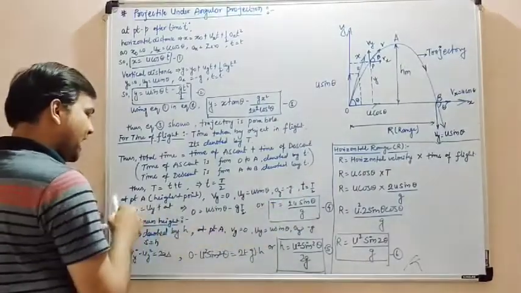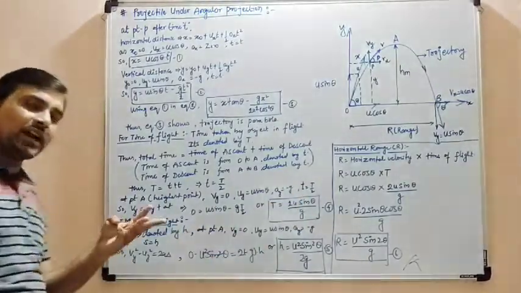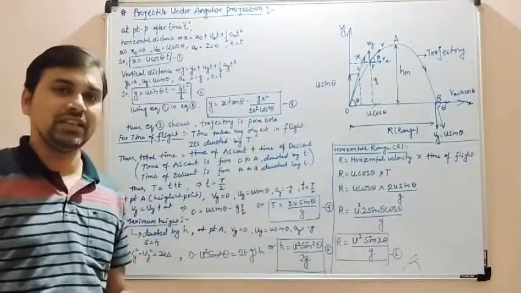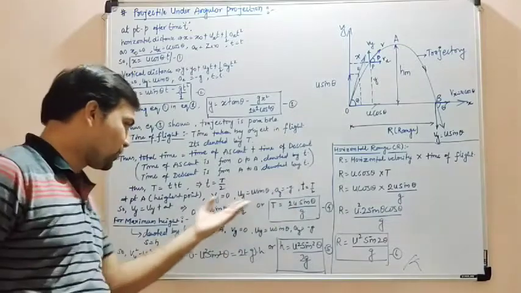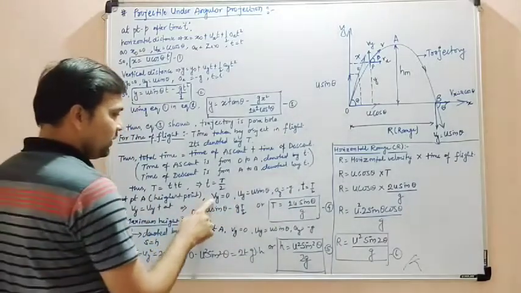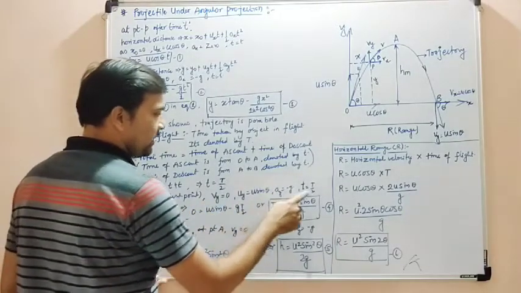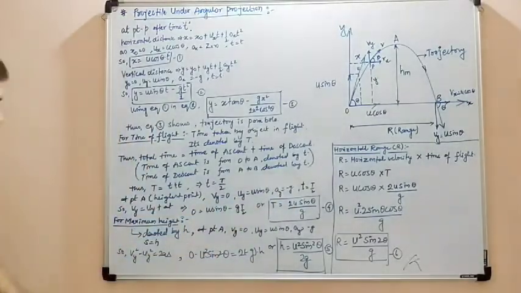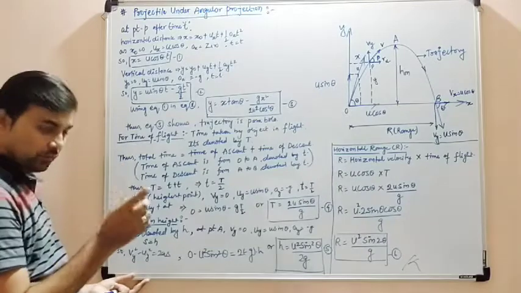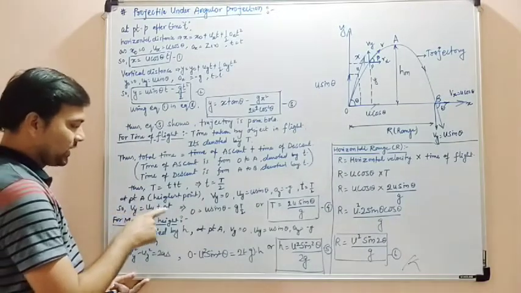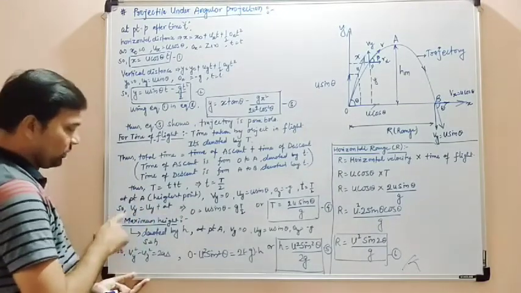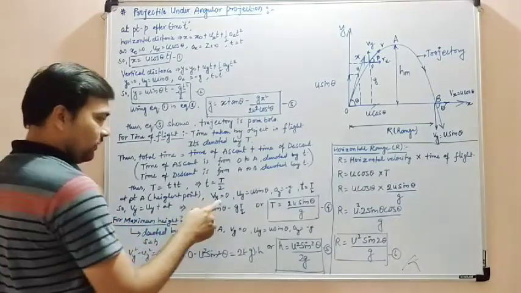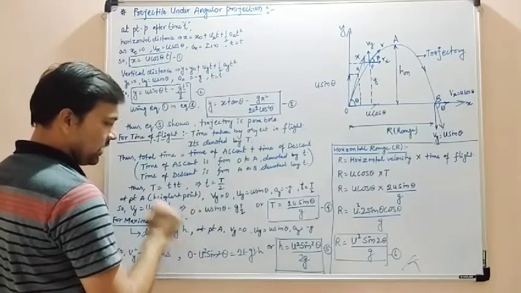Now how will we find the time of flight? We have three kinds of equations of motion. We can go through them and see in which equation it is suitable. So we have v, the final velocity, u, the initial velocity, a and t. It is very clear that it is suitable in the first equation of motion. So we take the first equation of motion, v equals u plus at, but for the y-axis component, so in the y component we take vy equals uy plus at. Now we have already mentioned that vy equals 0, so here it becomes 0.